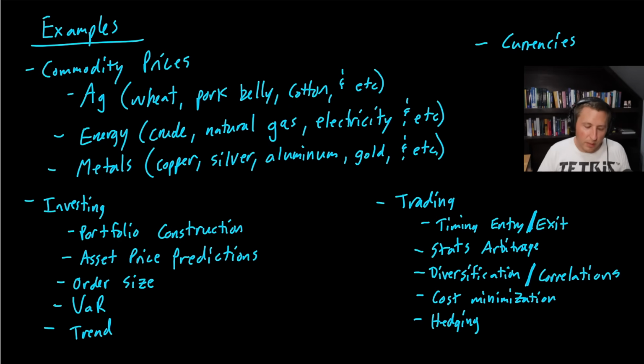Metals: copper, silver, aluminum, gold. How do you price those out? What does the data look like? What are the marketplaces you're modeling for? Is it a global market? Is it a US market? Is it used for manufacturing? Is there a reason? Is there a timing of when you would need to purchase these?